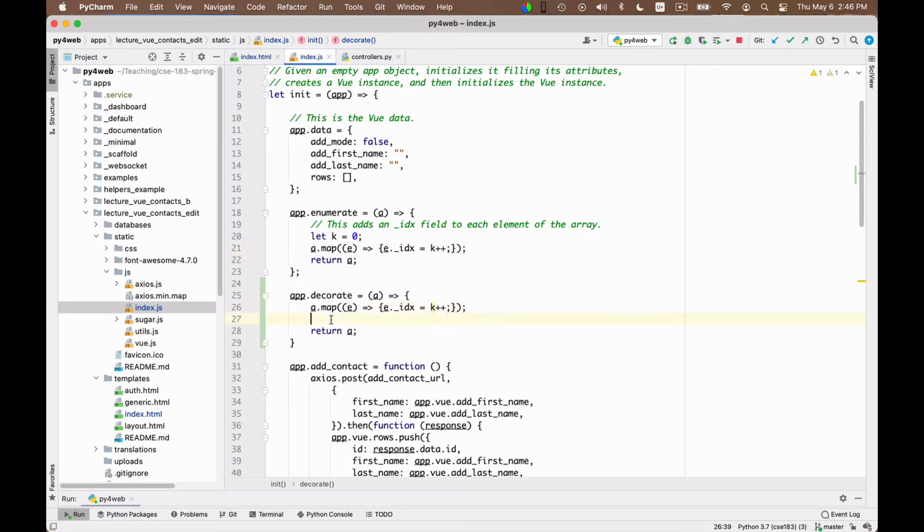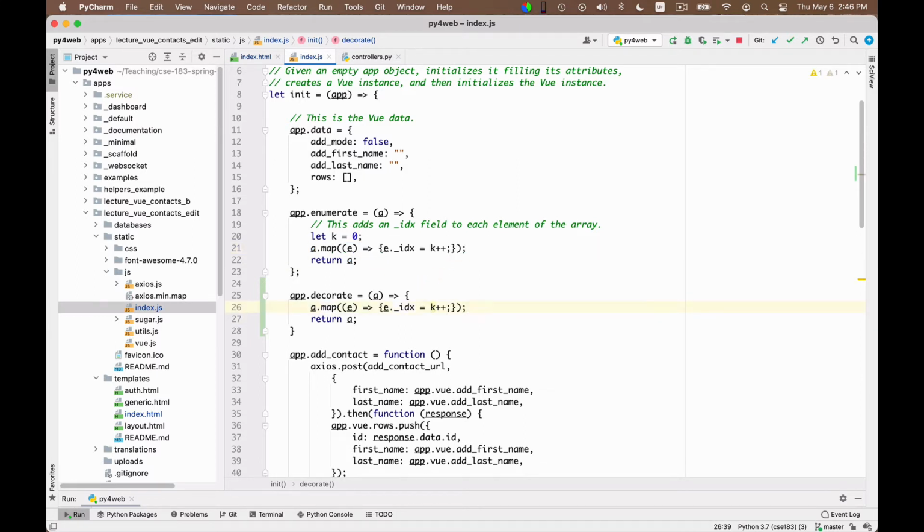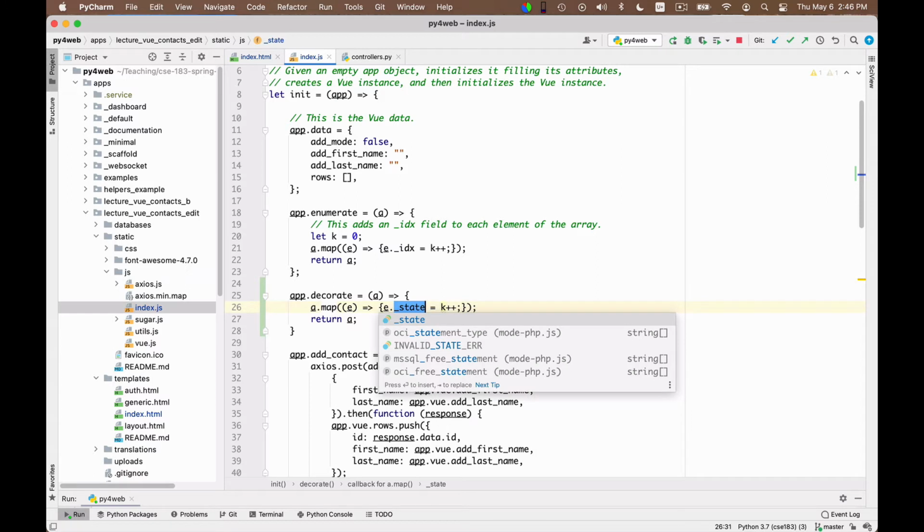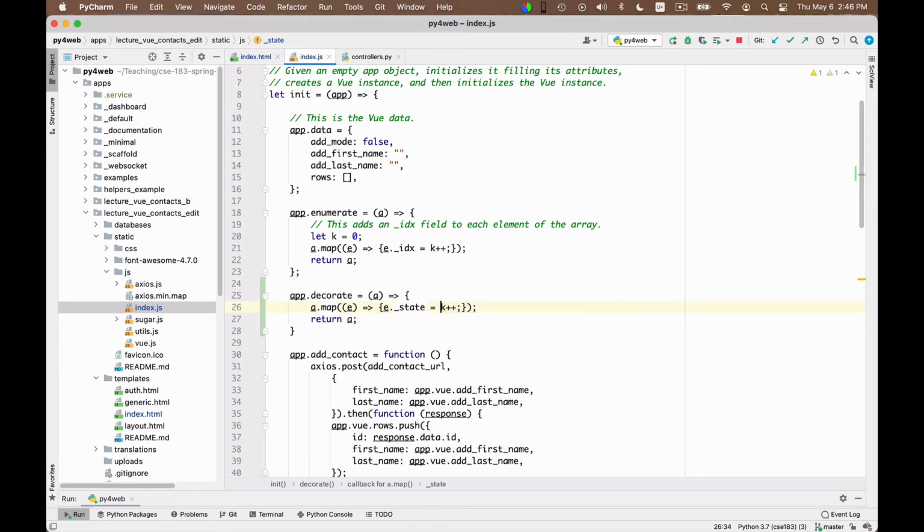What I want to do here is to add to each row a state element that is a dictionary that will remember the state of each one of the two attributes. Sorry, I say a dictionary, but what I mean is a JavaScript object.